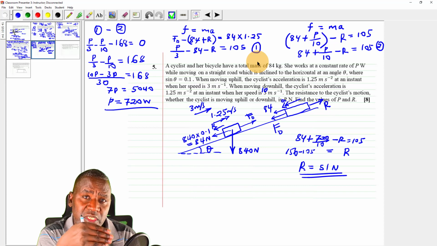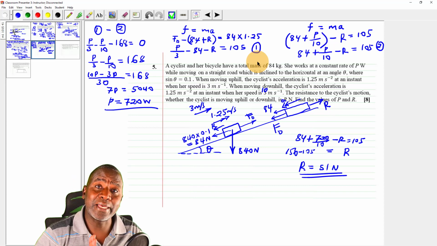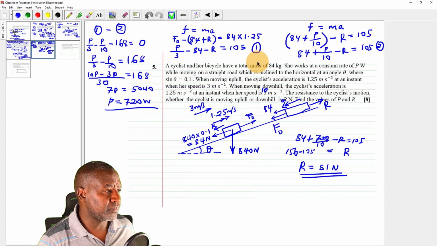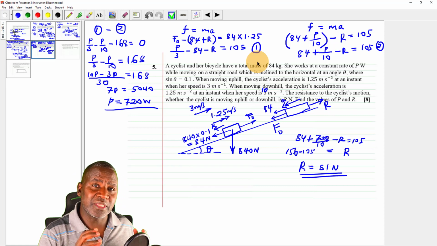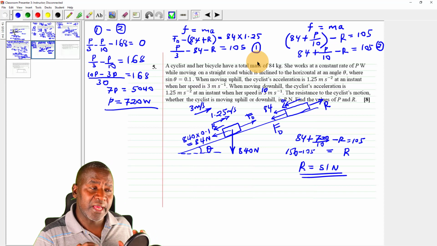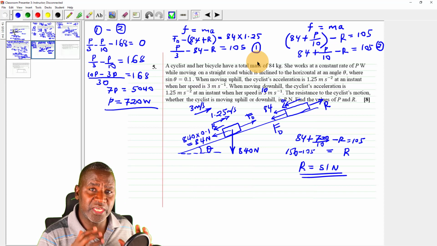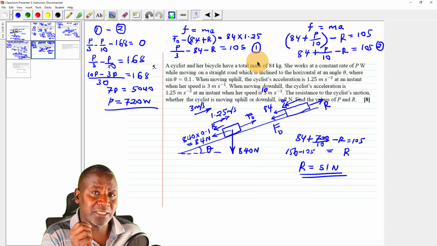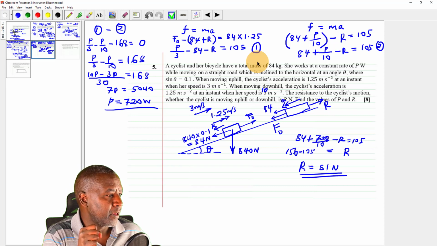Just put it in the comments below, because like I've always said, my aim is for you to be able to see the method that I'm using. Once you see the method that I'm using and you try to adapt that method, you can get assistance from that. So that is how we would work out question